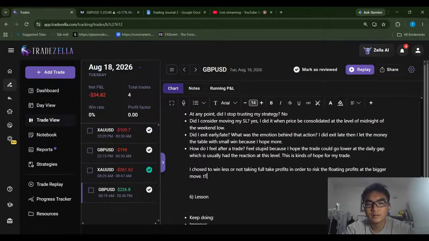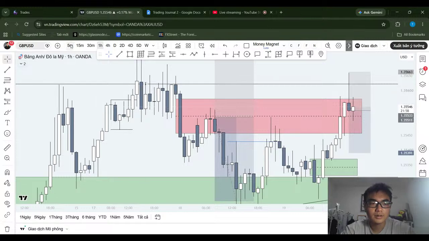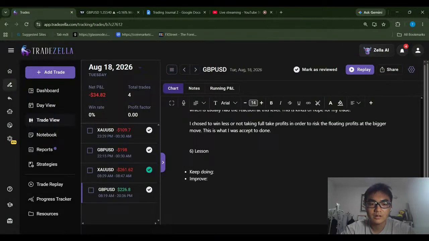This is what I accept to be done. Keep doing the high time frame key level plus multi time frame alignment plus